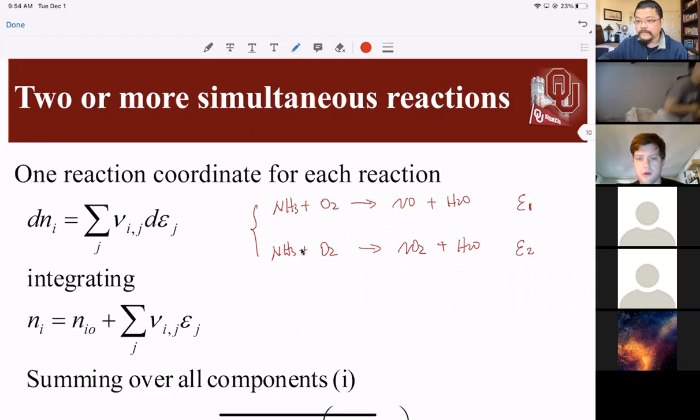Okay. This is the first. And then when you look at the two reactions separately,